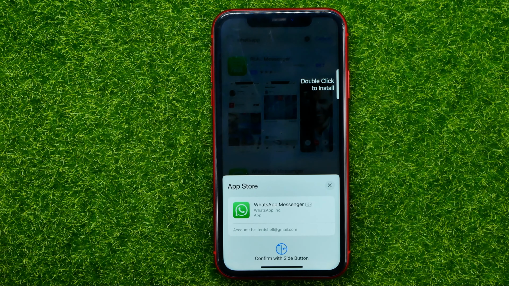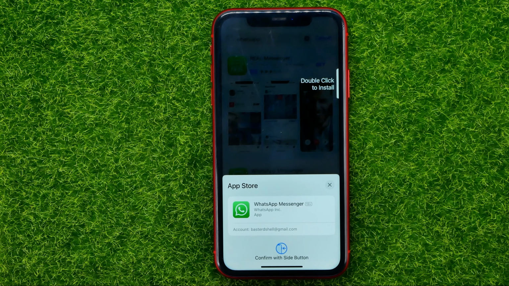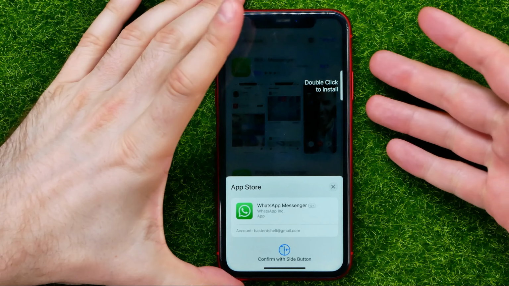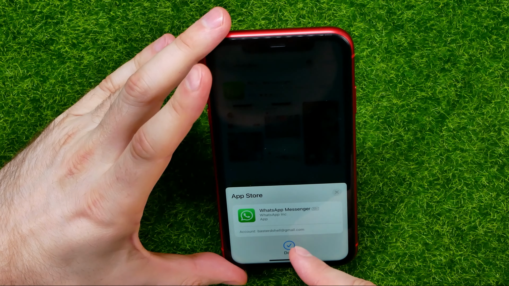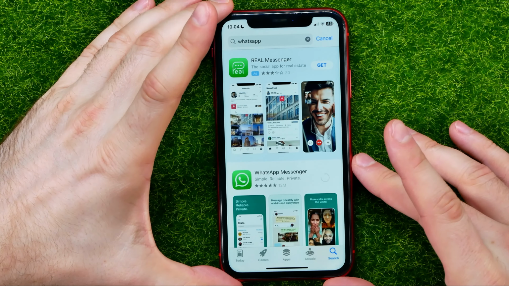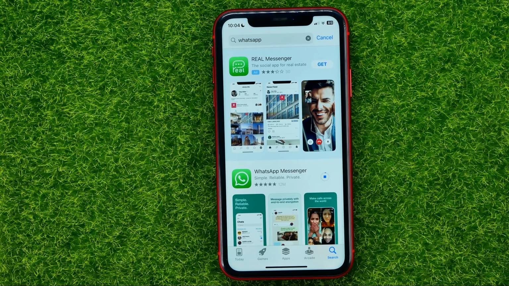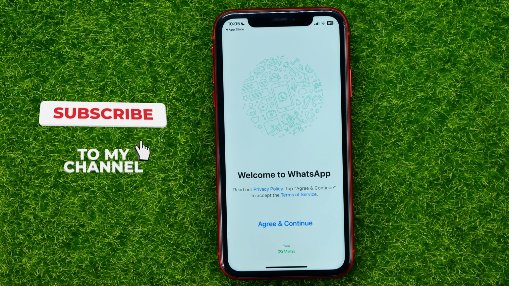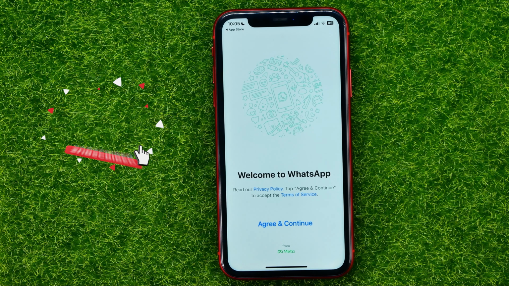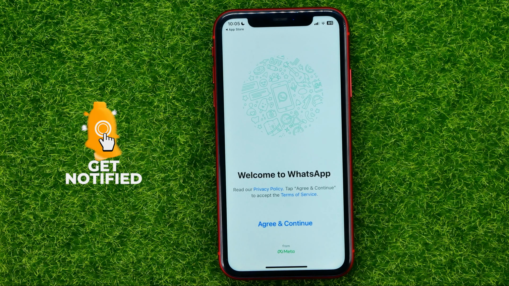It may ask you to confirm the installation. On the iPhone you can do it by double click on the side button and by using Face ID. After that, the download process is started and you need to wait for it to complete. And then just tap at that open button to open up WhatsApp, and then just follow on-screen instructions to set